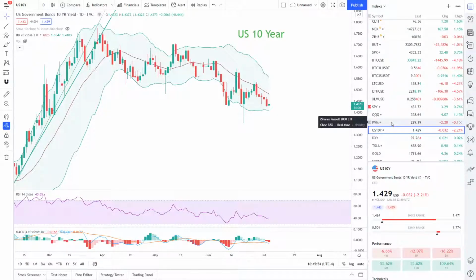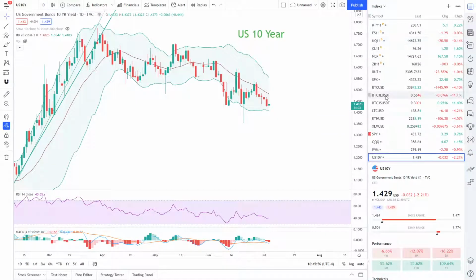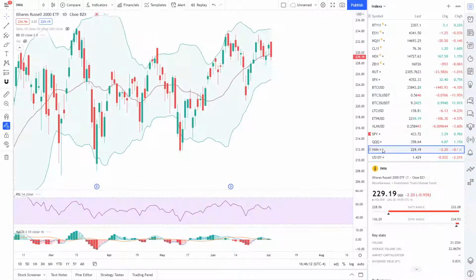But no, that's really it. 30-year and the dollar going up, that means the NASDAQ is going up and the tech sector is going up. That means that the tech sector and billion-dollar tech companies can ask for more loans without having to pay a higher interest rate. If the 10-year yield and the dollar are going up, that means that the IWM is going